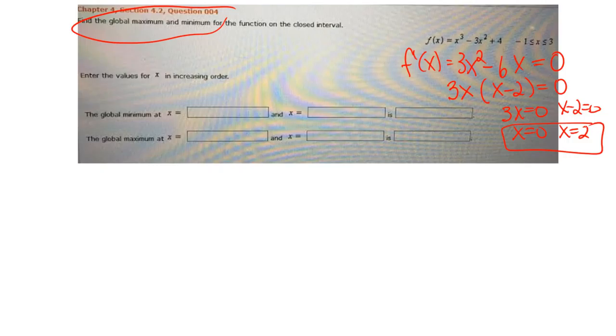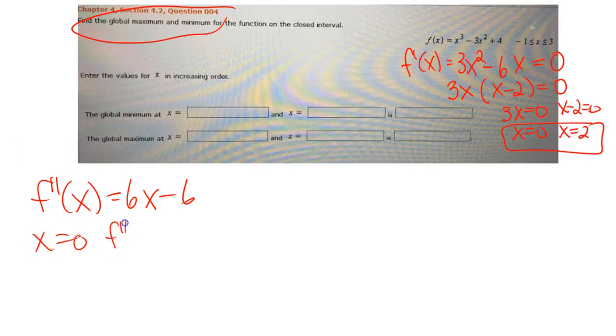Now, I need to figure out if they're maxes or mins or what, right? So if I want, I could take the second derivative. The second derivative will be 6x minus 6, right? So at x equals 0, this is 0 minus 6. This is negative, isn't it? So if this is negative, that means concave down. So the global maximum